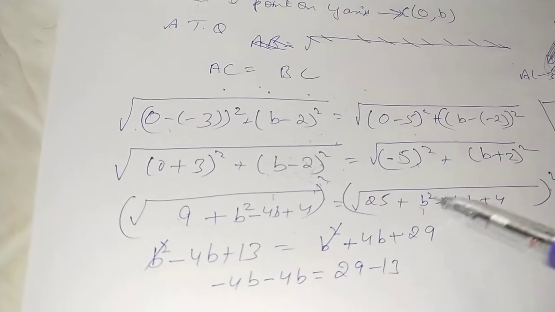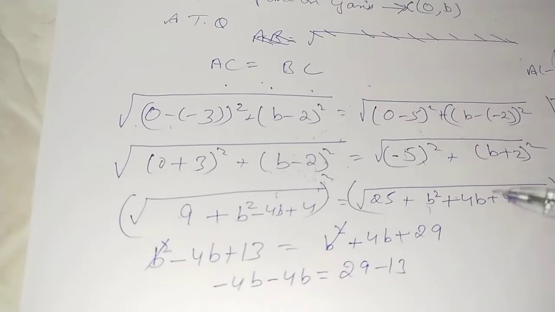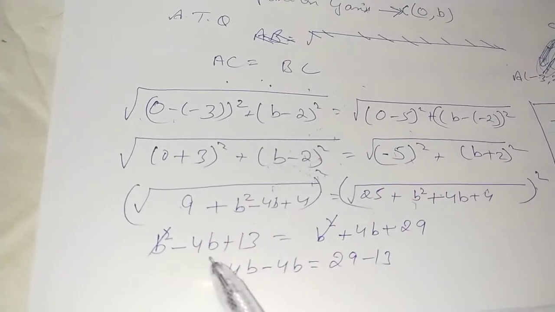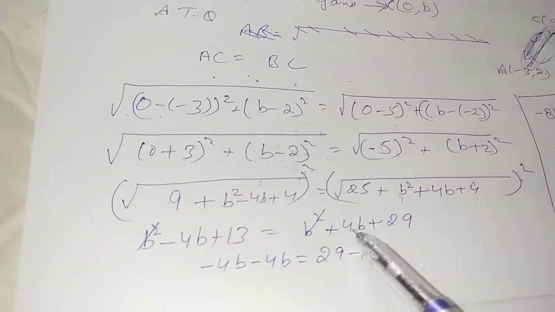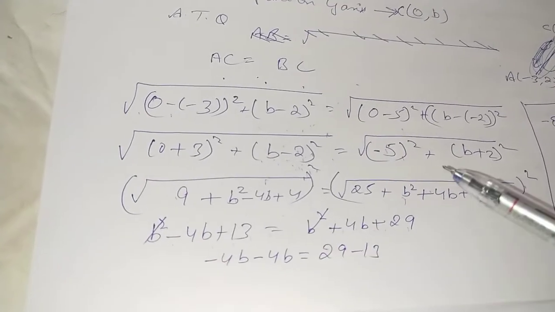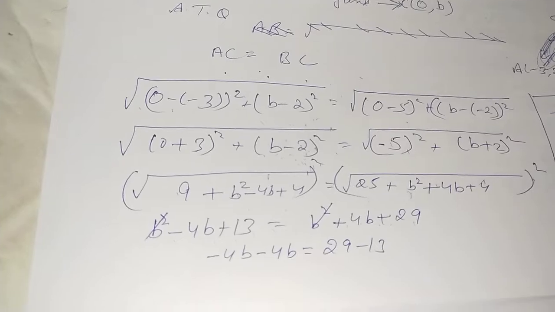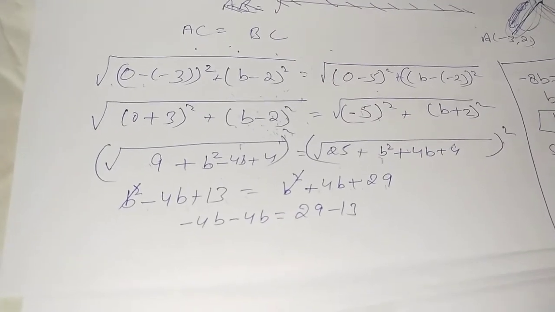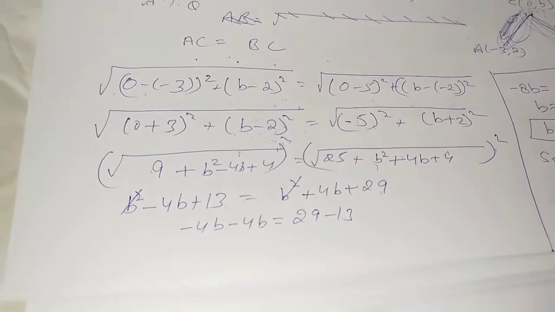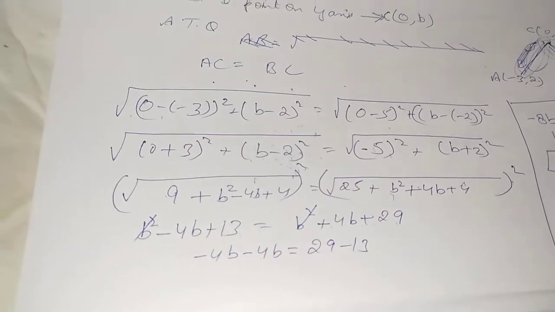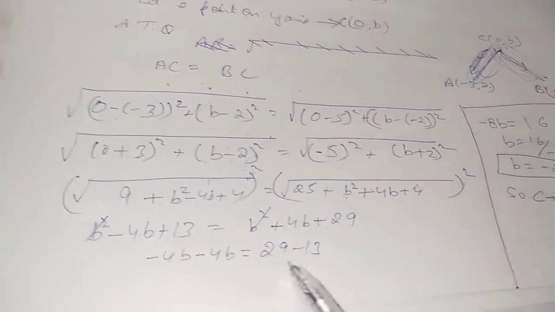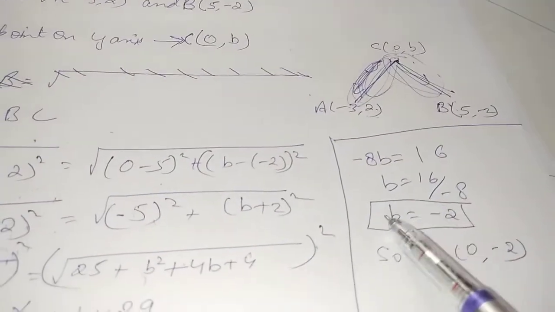Now squaring both sides to remove the under root, only then can we shift or transpose the terms to solve them. So that comes out to be b square minus 4b plus 13 and b square plus 4b plus 29. So b square and b square get cancelled out. Somewhere you may come up with a quadratic equation, and there you will have to factorize just like we used to solve any quadratic equation. And if you get two coordinates, yes, both will be applicable. So this is what we come up with, and hence b will come out to be as this.